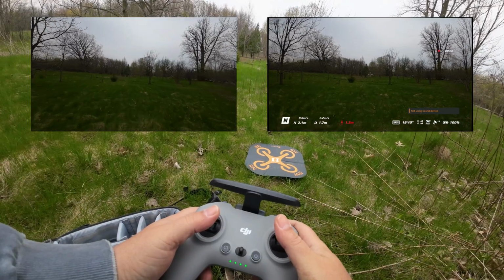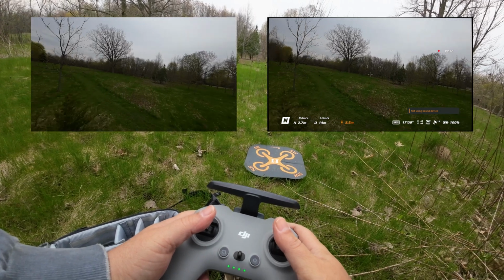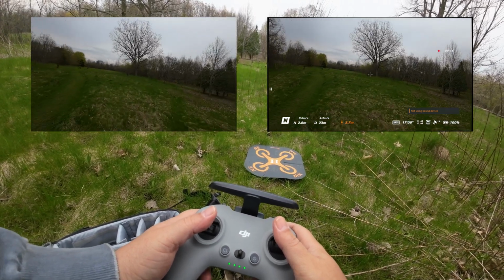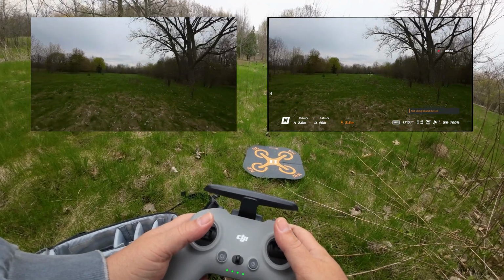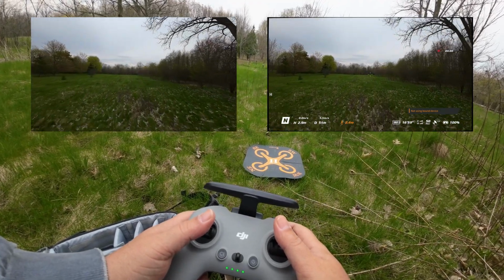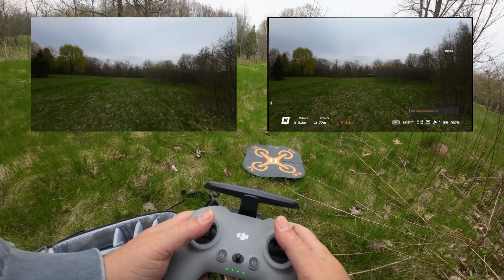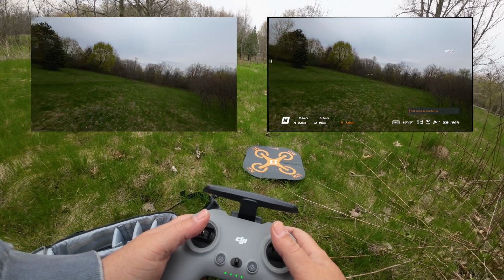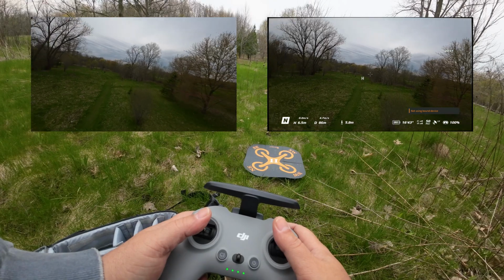Okay, so we are in flight. And I will have to be careful. You can see we're still in early spring here, and a ton of ghost branches, so I'll have to be careful of them. I'll stay maybe out in the opening for now. Normally I like to go through little openings, but not when there's no leaves. So I'm just going to take it slow and take a really good look around at the visuals, and wow,